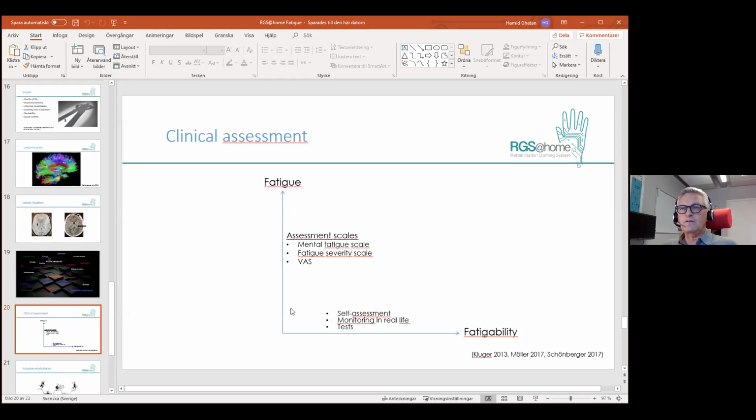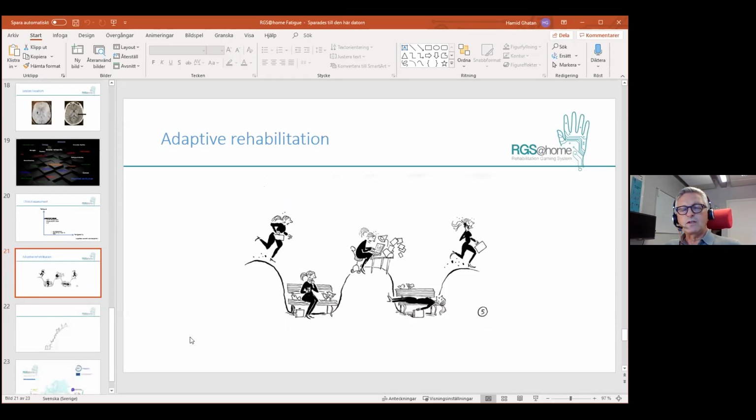And this is also something for the team to monitor. For instance, if the patient has an impaired function in a hand or an arm, how long can the patient be active before we start seeing impaired motor function in the affected hand or arm? So based on the assessment with these scales and the self-monitoring and the team's monitoring, we try to